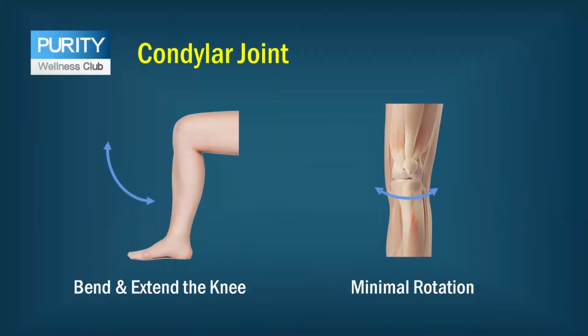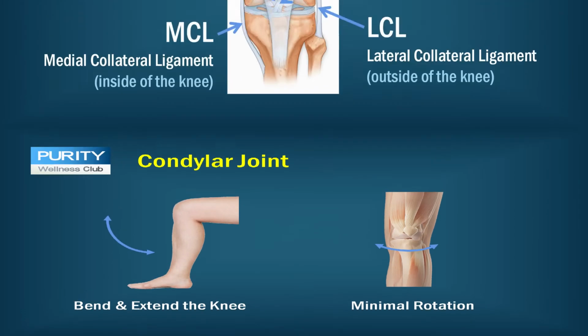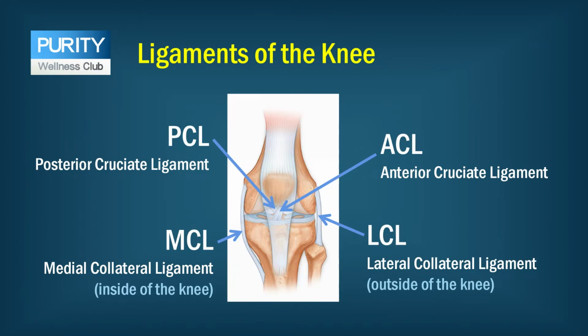The knee joint is a condylar joint. It is not a classic hinge joint. Yes, it is able to hinge. We can bend the knees and also extend the knees. We can also rotate the knees to the left and to the right, although this medial lateral movement is only very minimal. There are four major ligaments within the knee joint: the ACL, PCL, MCL, and LCL,